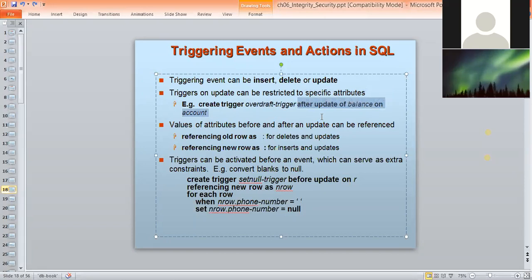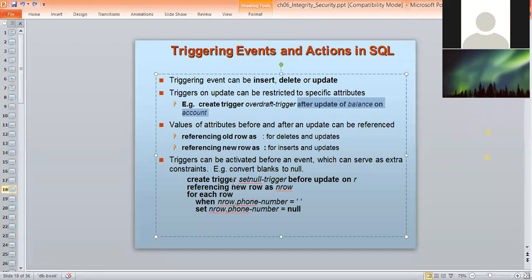Now coming to this: values of attributes before and after an update can be referenced, referencing old row as for delete and updates, referencing new rows as for insert and updates. Triggers can be activated before an event, which can serve as an extra constraint, that is, convert blanks to null.